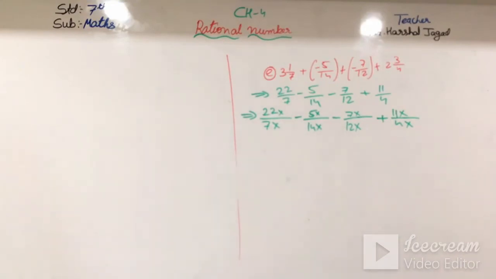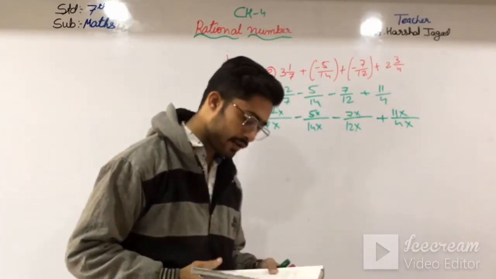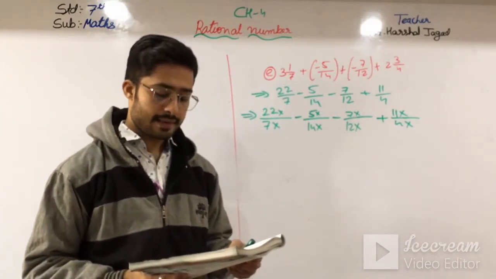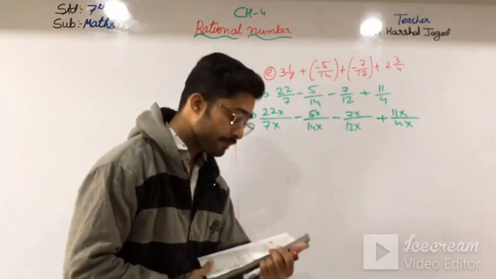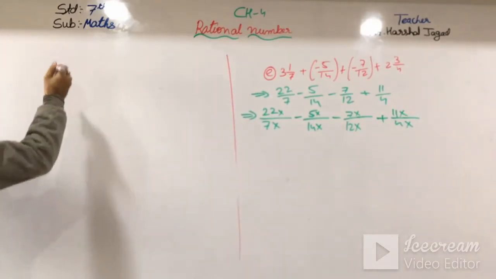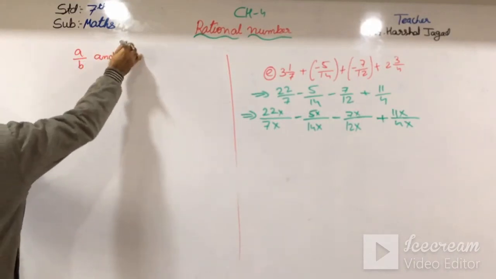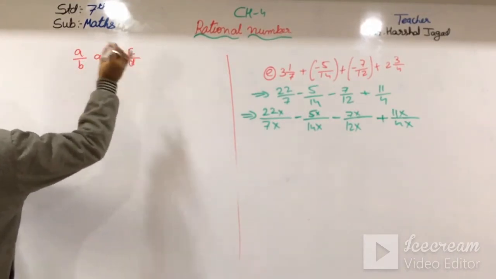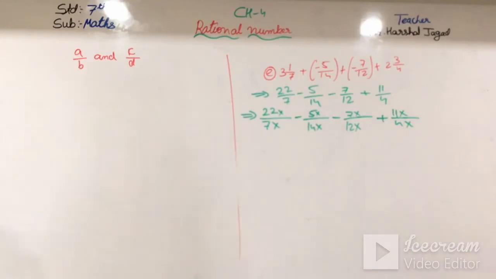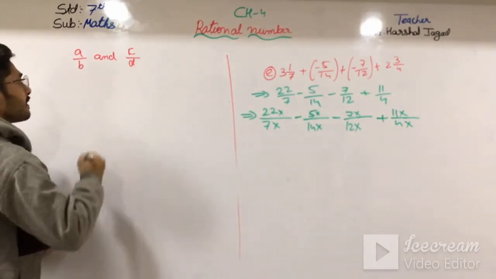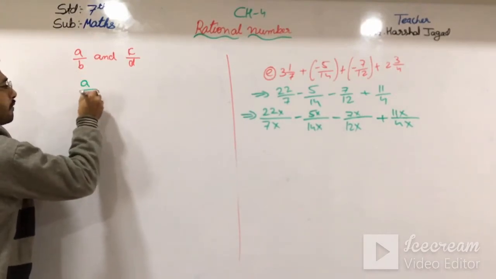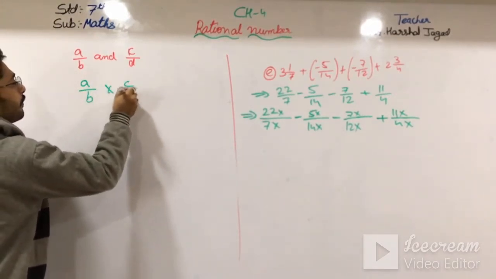So, multiplication of rational numbers. For that, here you can see a formula, the product of two rational numbers a upon b and c upon d. If there are two rational numbers, then how will we multiply them? It tells us that a upon b multiplied by c upon d